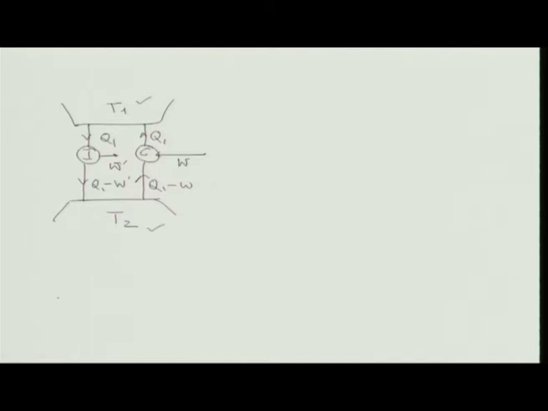This picture reminds us what we are doing. Carnot operated as a refrigerator, which is absorbing Q1 minus W amount of heat from this reservoir, dumps a Q1 amount of heat to the hot reservoir. Whereas the irreversible engine extracts Q1 amount of heat from the hot reservoir, W prime amount of work it does, and the rest of the heat, Q1 minus W prime, it releases to the cold reservoir.